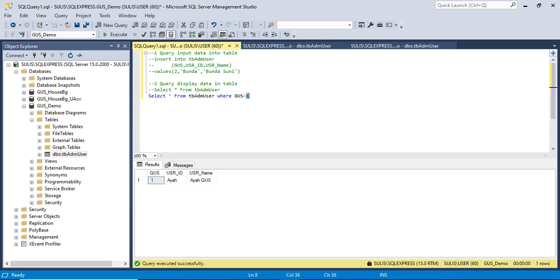If I want to display the USR ID 2, let's see. This is the pattern. Okay, let's input another data. I want to input the third data, three.